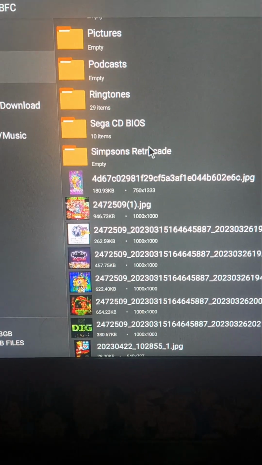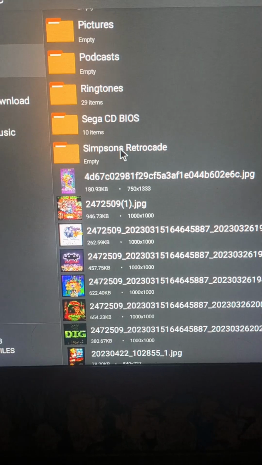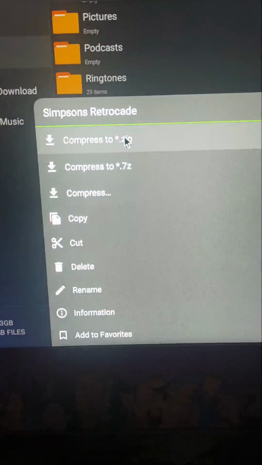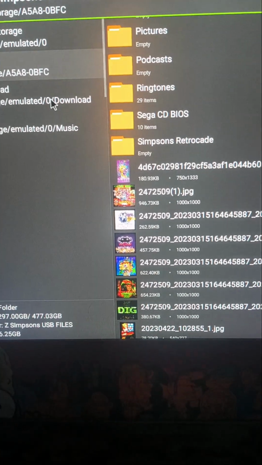Alright, so you have your Simpsons Retrocade folder, the one that you just unzipped on your computer. And you would hold a left click on it and click copy. And then,